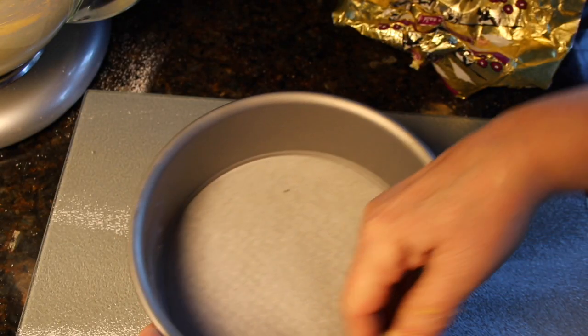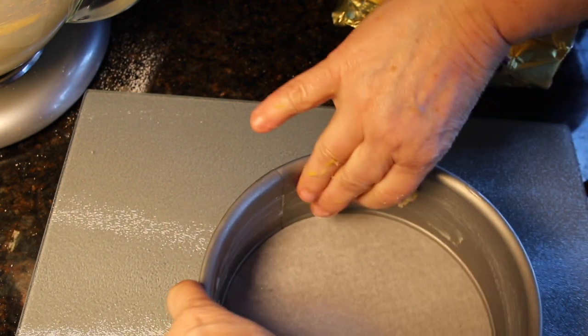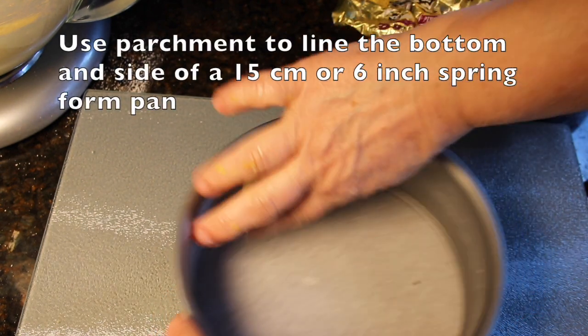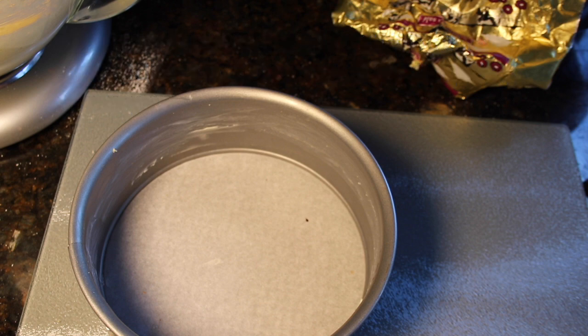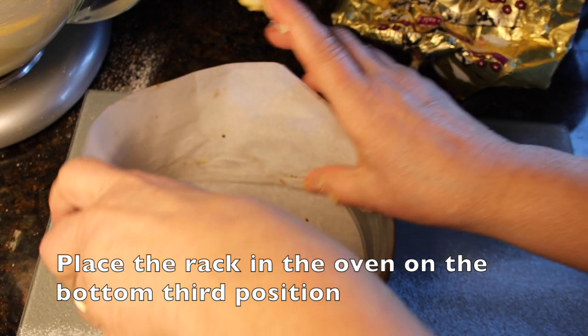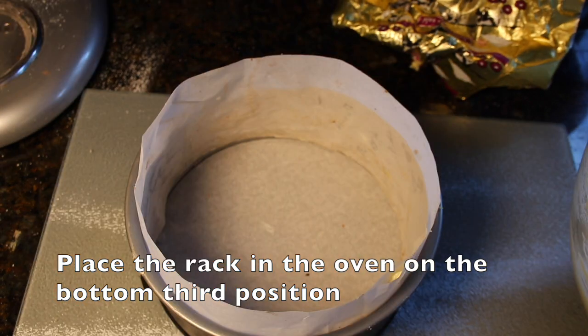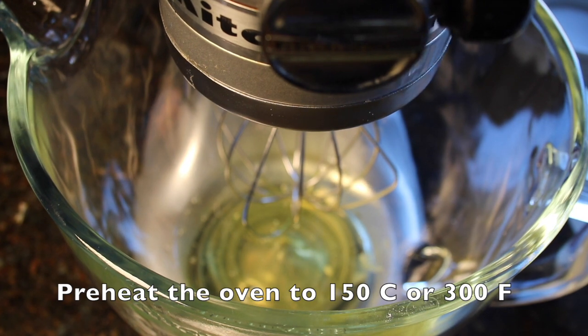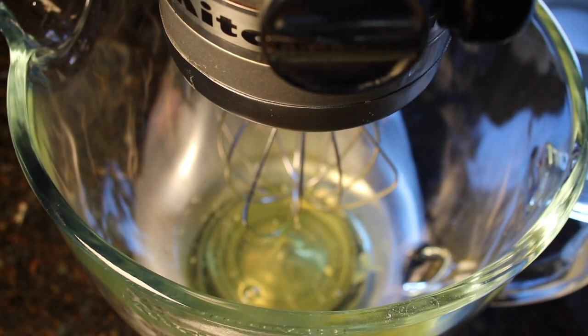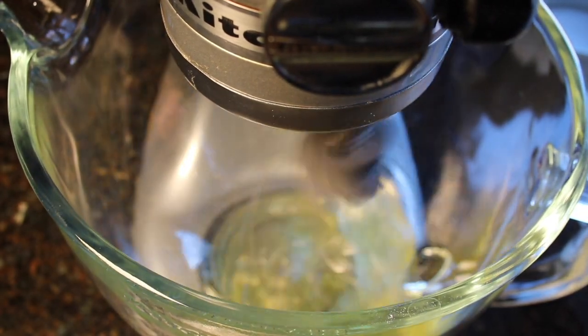As part of your prep, line the bottom and sides of a 15 centimeter or 6-inch springform pan with parchment. Spread butter on the sides so that the parchment will stick to it. Adjust the rack of your oven to the bottom third position and then preheat it to 150 degrees Celsius or 300 degrees Fahrenheit. Now we separate the eggs, placing the whites into the mixer bowl and yolks into a separate